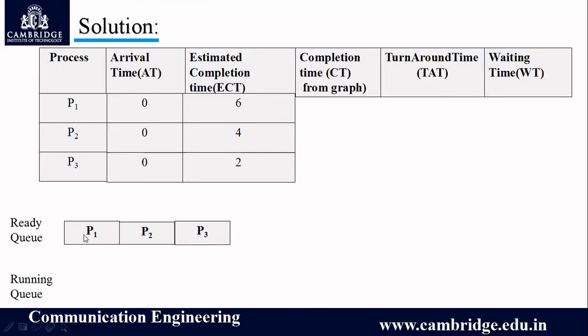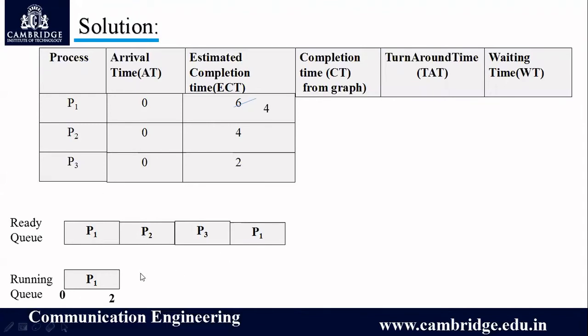So first P1 would be chosen, given to your running queue, and this would get executed only for the time slice period specified, and that is 2 milliseconds. So P1 would get executed for 2 milliseconds, which means I am left with 4 more milliseconds to complete its execution, which means P1 has to be now given back to the ready queue. Since it is not completely executed, P1 would now go back to the ready queue and it would be placed after P3, because P1, P2, P3 are already there in the queue at the instant of time 0. So P1 is saved back here.